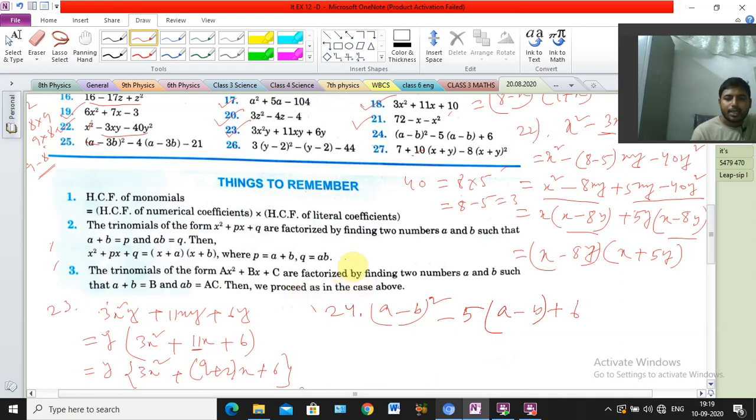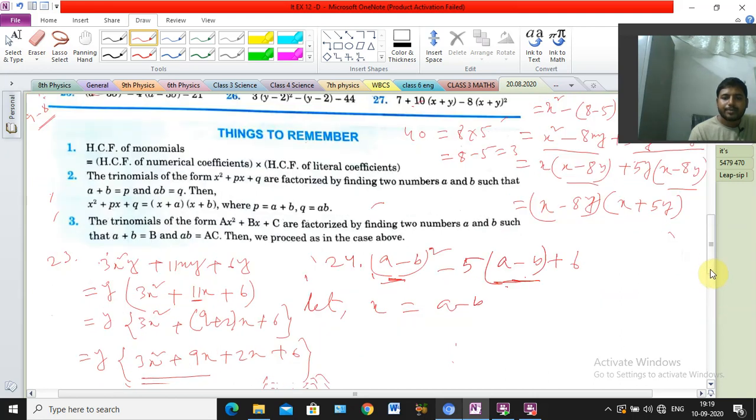Why is it different? Because before, x was there in the bracket portion, whatever we did before, there was x in the question, but here only a minus b is given. Clear? So don't worry, we can do it easily. Here basically we can consider let x equal to a minus b. This portion and this portion, the bracket portion, are the same, so instead of a minus b we are considering x.